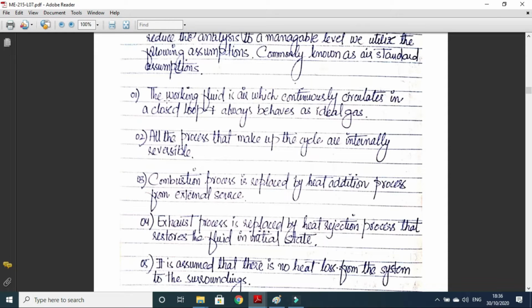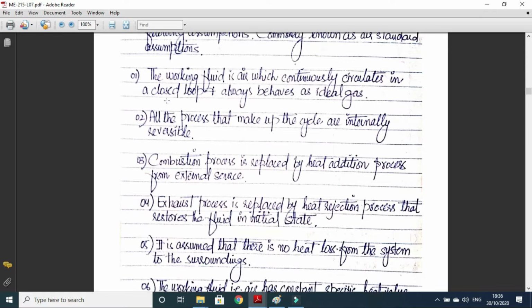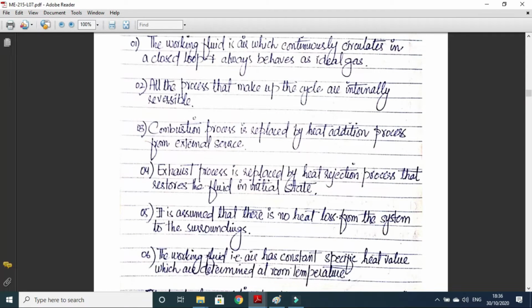That is, internally reversible means there will be no losses, no frictional loss, no heat losses, so that we have a reversible process. We are neglecting the losses. Number three, the combustion process is replaced by a heat addition process. So we will not consider the combustion process, although instead of that we are considering that the heat addition will be the heat transfer process, the q in process